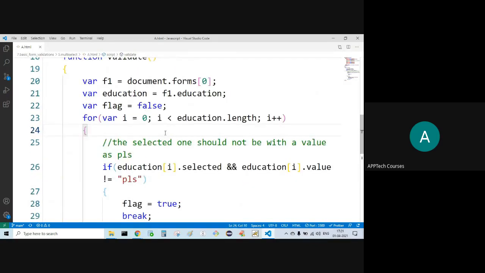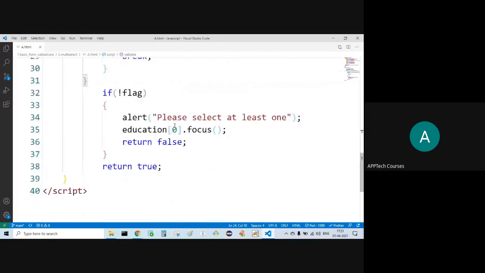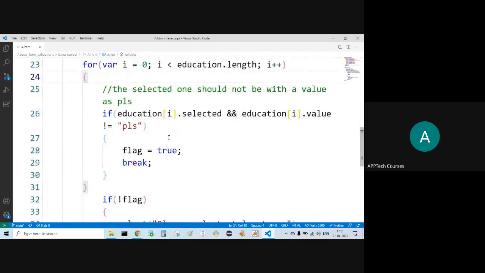Now multi-select. Which one? This one, that is the double and operator, double and or logical and. In case of double and, what happens? Both the expressions should be returning true. Then only the double and operator returns true. If any one expression is returning false, then the double and operator is going to return false.